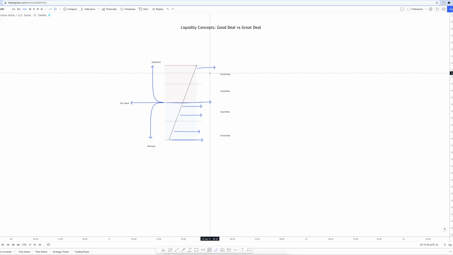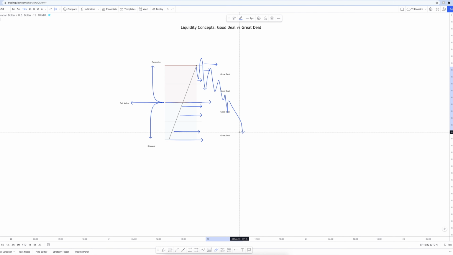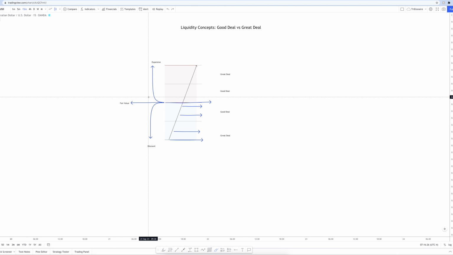So if you see a change of momentum on the M15 time frame up here within this area, like let's say you see something like this, change of momentum, then you can feel free to take a counter trend sell somewhere up here, and this would be a great deal, and you'd be looking for price to push down into a possible great deal buy for us to take advantage of, like this. Okay, so this basically wraps up liquidity concepts of good deals versus great deals,